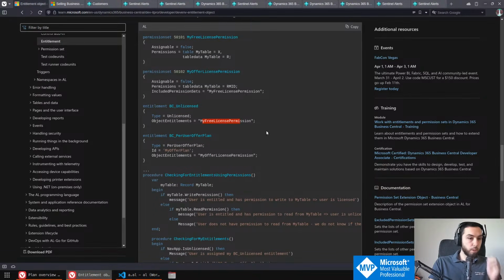So you could use the unlicensed part to either say, well, if a user doesn't have a license, they can at least look at the setup, for example, or like get their information out of the extension, but cannot really